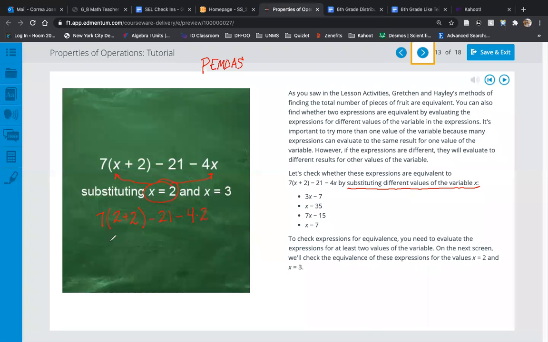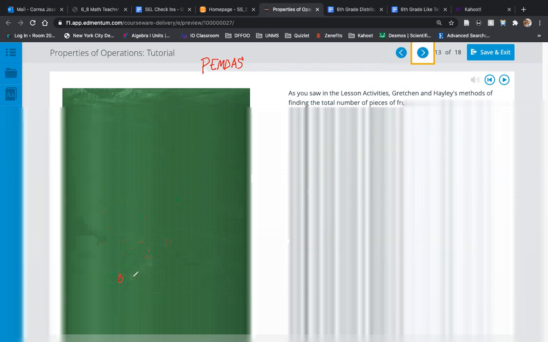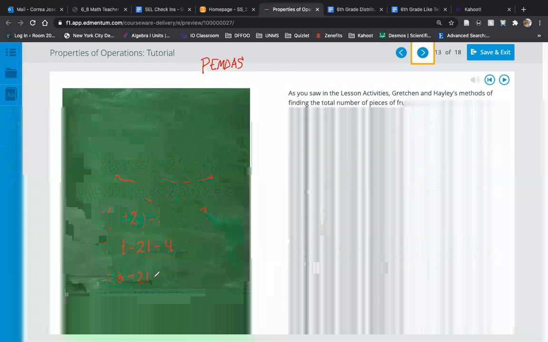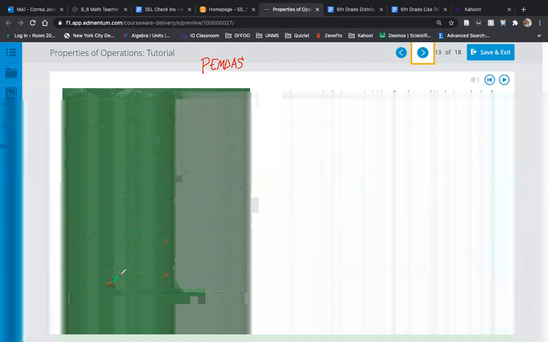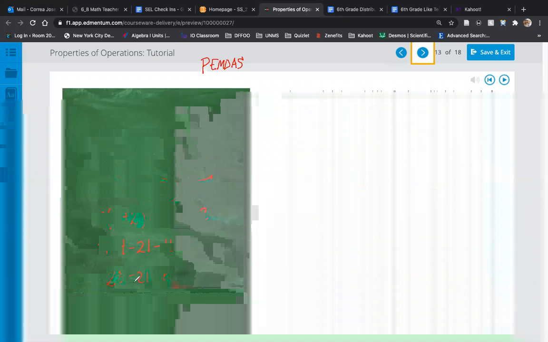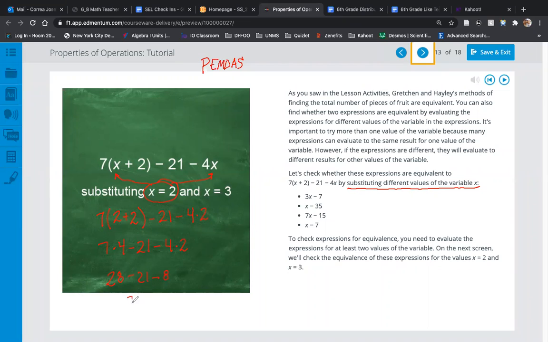So I'd say parentheses first. This is gonna be 7 times 4 minus 21 minus 4 times 2. I do my multiplication next. So over here, 7 times 4, 28. I'm keeping this the same, keeping this minus, but now I have multiplication, so minus 8. So now I have 28 minus 21. With the subtraction, I go left to right. So this is going to give me 7 minus 8, which gives me -1 here,